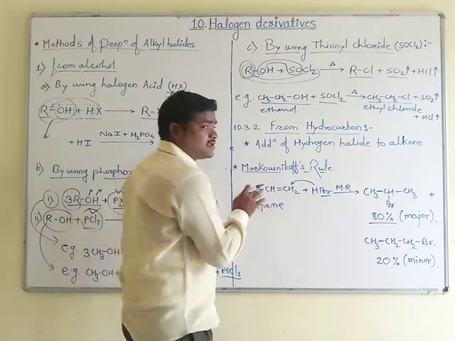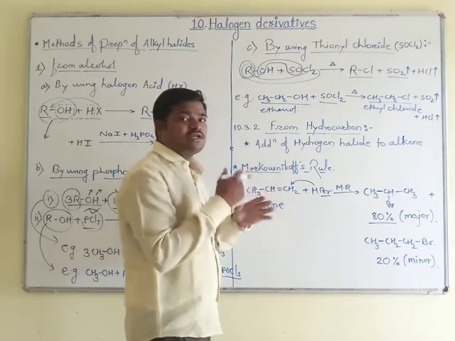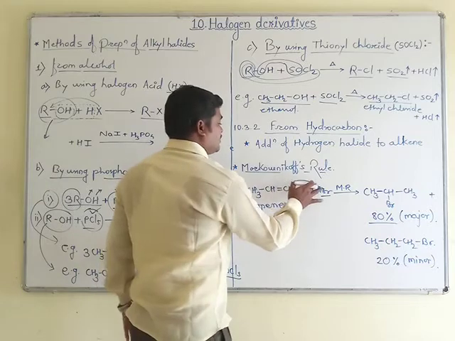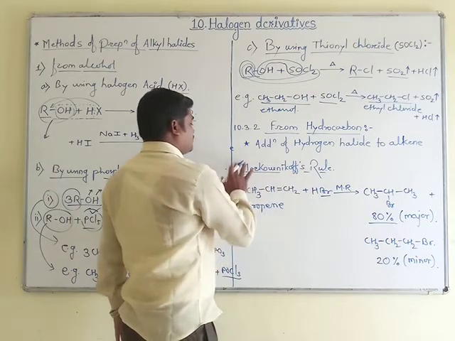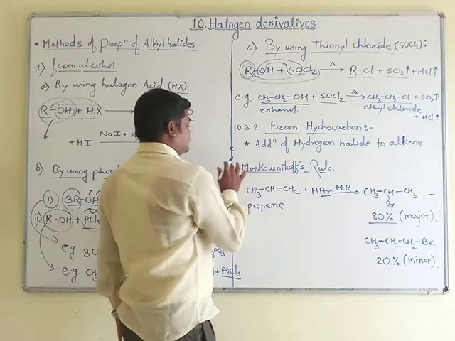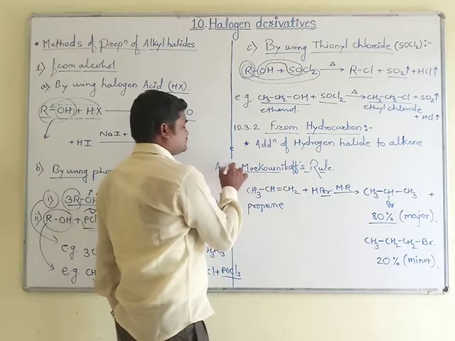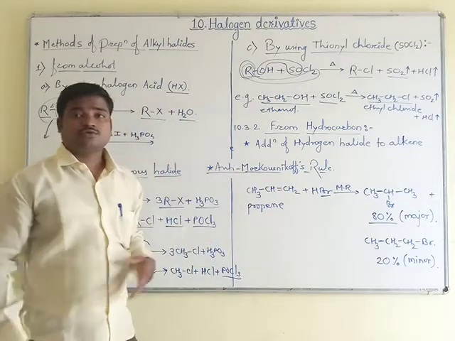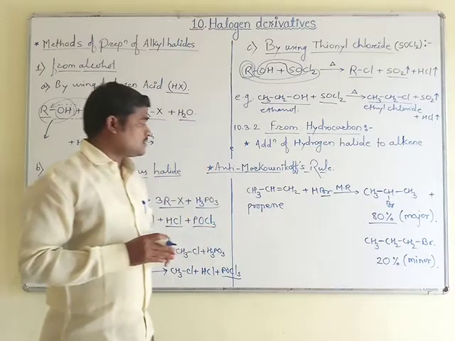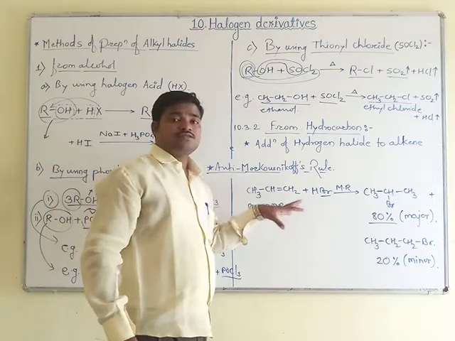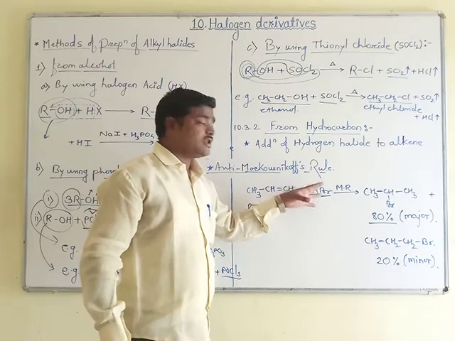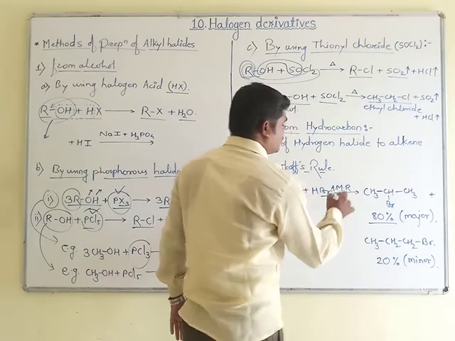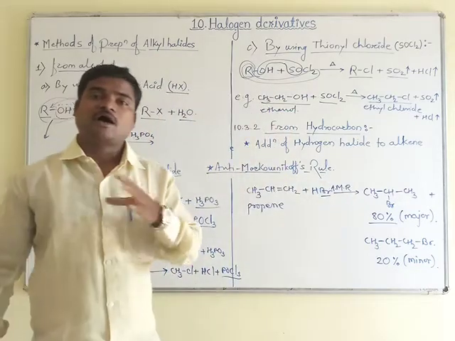Some changes I will make here, and at this point only I will explain the anti-Markovnikov rule. I will not write in a separate manner. Here, what we have to study is the anti-Markovnikov rule. Here the propene is the same, and the HBr, the reagent which we used in the previous reaction, is also the same, but the addition will take place according to the anti-Markovnikov rule, that is, on the arrow I have written AMR.